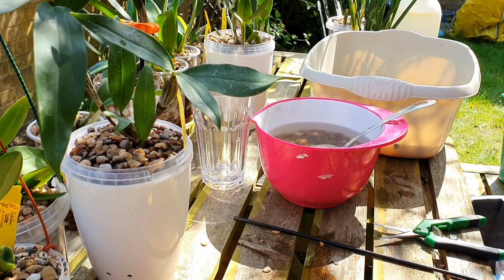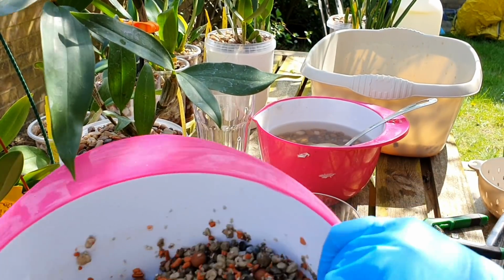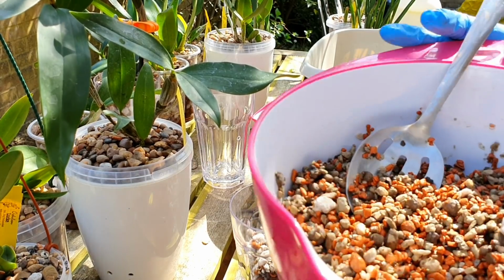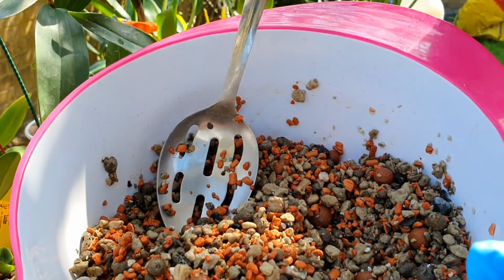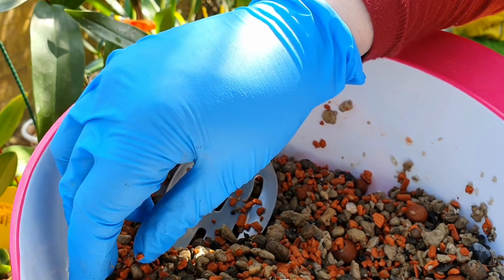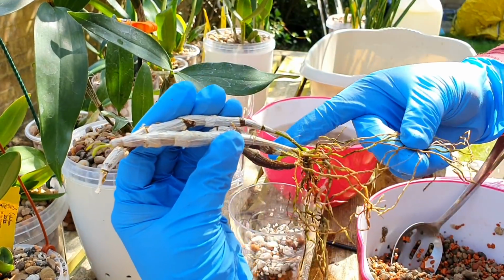So I'm just going to show you the kind of mix that I'm using with this orchid. As you can see, I've got mainly smaller grade pumice and Ceramis, but there is a little bit of leca mixed in here. And I've also mixed in something called Super Light Black, which I think is a small leca, although I'm still testing it. I'm going to be showing the results in an inorganic media test fairly soon. I got it from Kaizen Bonsai along with this small grade pumice. So those are the 3 main components: the small leca, which is called Super Light Black,